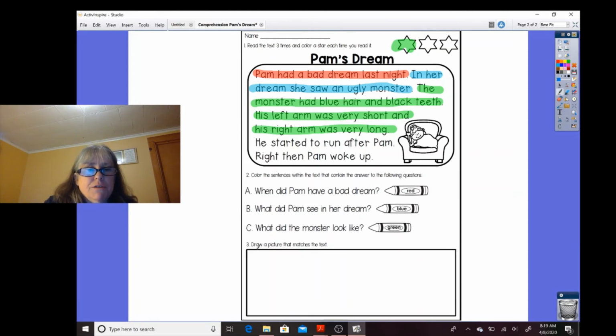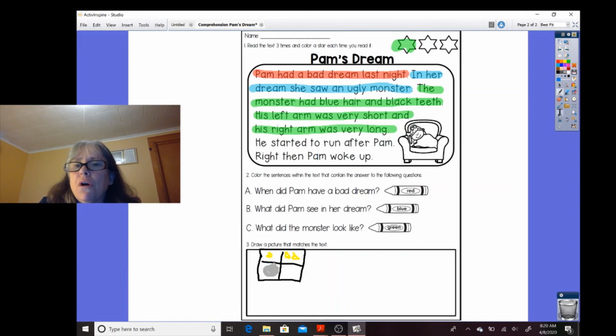So I'm going to start like this, and I think I'm going to draw a window in my house, or in Pam's house. And outside the window, I'm going to put the moon and some stars. We'll pretend these are stars twinkling away. And the moon, I guess I'll make the moon a little bit gray, right? And that's fine. So that's going to tell us that it's nighttime. So that tells me when.